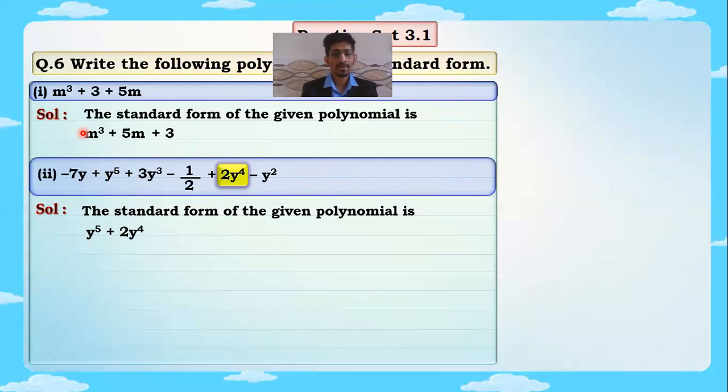After raised to 4, which power should come? Yes, it should be raised to 3. So do we have a raised to 3 term? Yes, it is there. That is 3y raised to 3. So let us write that down. After raised to 3, we have one more term having power 2. So let us write minus y raised to 2. After raised to 2, raised to 1. Do we have a raised to 1 term? Yes, it is there. That is minus 7y. When nothing is written, it means the power is always 1. So minus 7y. And at the end, there is one more term, that is minus 1 upon 2, the constant term. So that term we are going to write at the end.